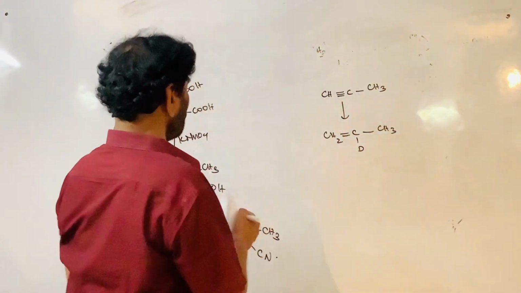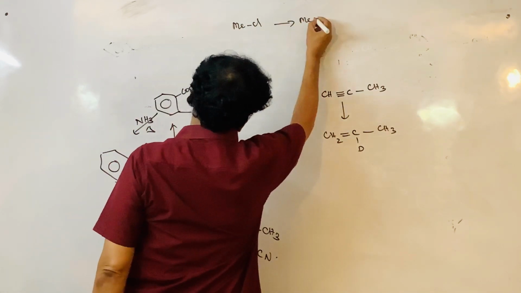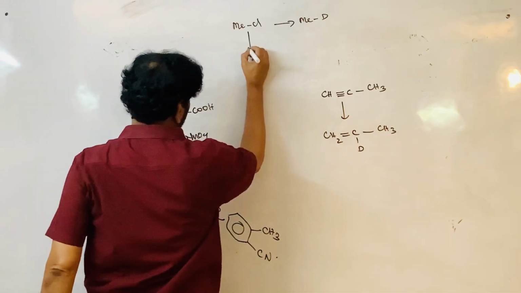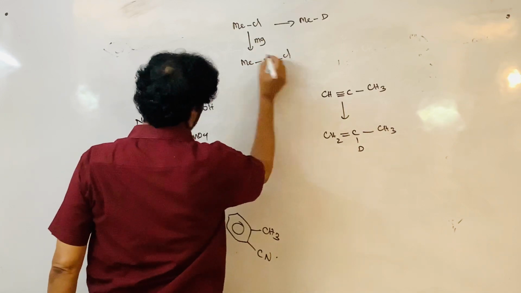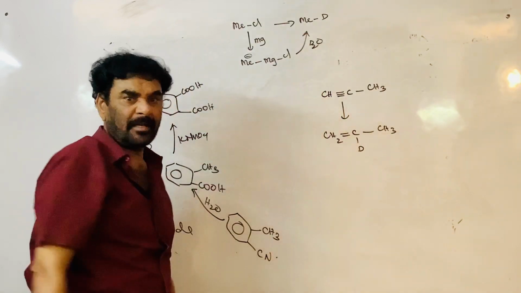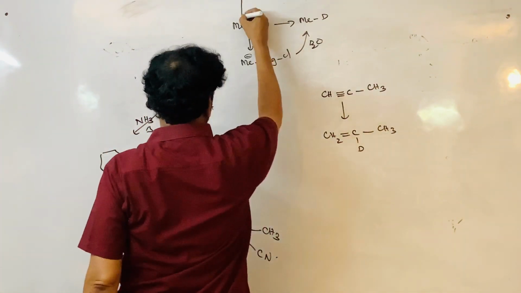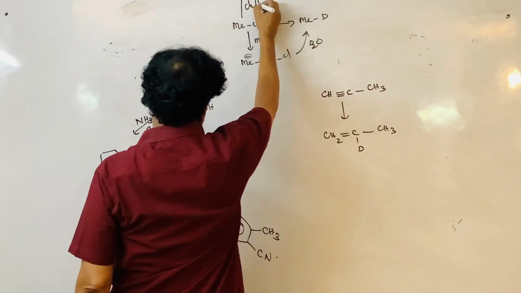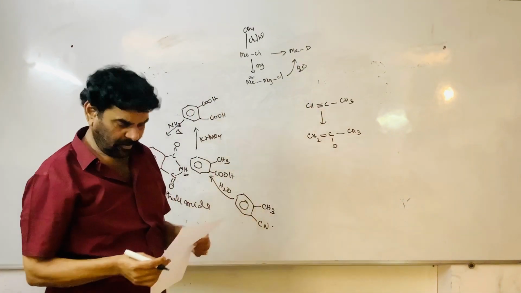Suppose you have methyl chloride and want to prepare monodeuteromethane. This is difficult. Treat with magnesium and convert it into the Grignard reagent, MgCl. This is negative, it needs the H plus ion. Now treat with D2O and you will get monodeuteromethane. So to prepare monodeuteromethane from methane, treat with chlorine in the presence of light. Methyl chloride is formed through this route. You can introduce the one chloride.